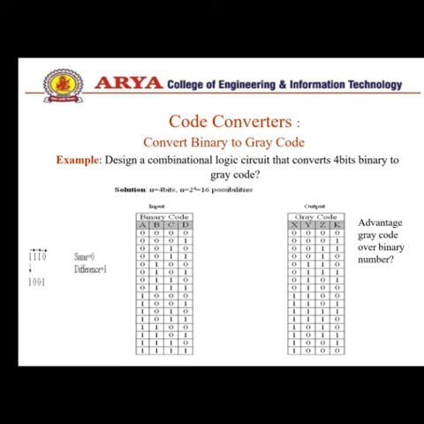On the other side, gray code is a non-weighted code. We can't assign weights, and only one bit can change at a time. It is also called a unique distance code. Gray code is used for clarity and error correction in binary communication. It is also called reflected binary code.